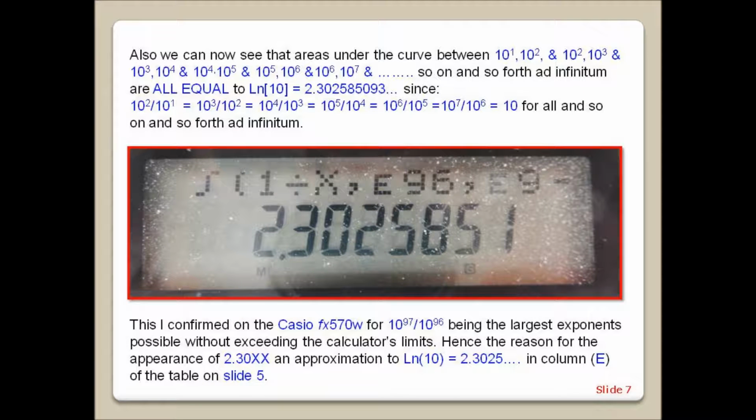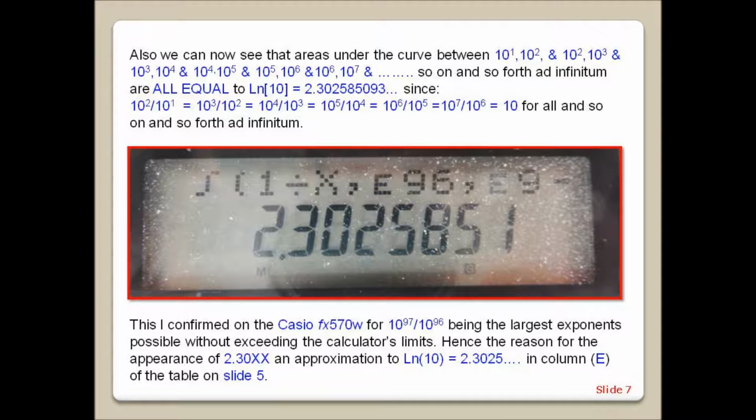Also, we can now see that areas under the curve between 10 to the power 1 and 10 to the power 2, 10 to the power 2 and 10 to the power 3, 10 to the power 3 and 10 to the power 4, 10 to the power 4 and 10 to the power 5, 10 to the power 5 and 10 to the power 6, 10 to the power 6 and 10 to the power 7, and so on and so forth ad infinitum are all equal to the natural log of 10 equals 2.30258,